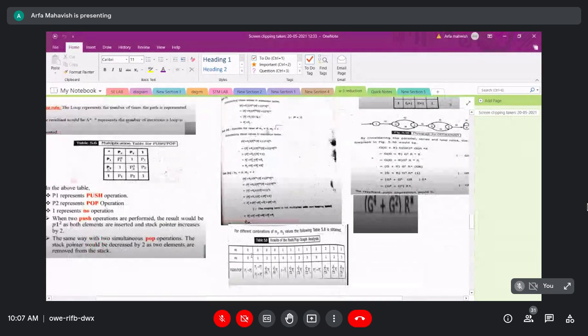So this is the way you get the table. In the lecture notes we have directly given the table; this is the procedure for that table.